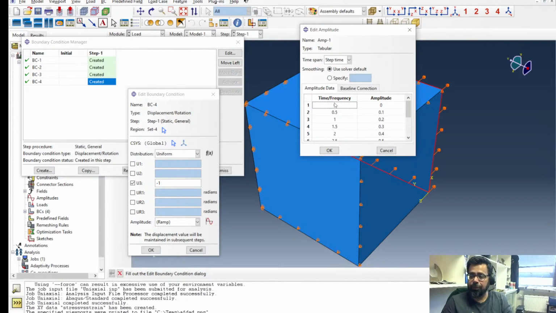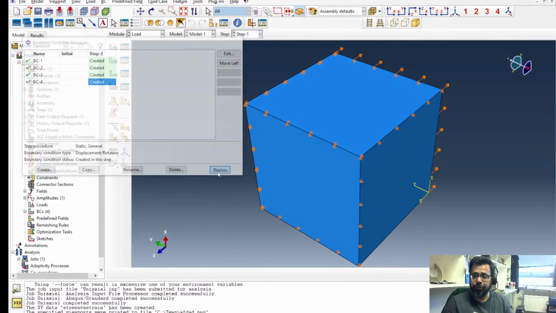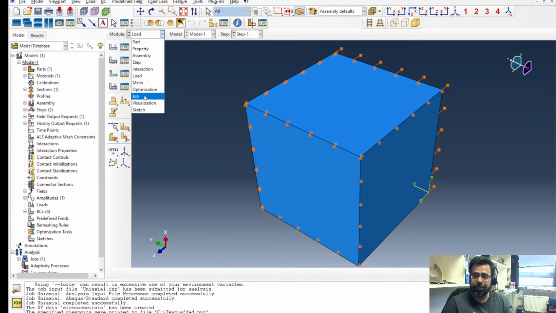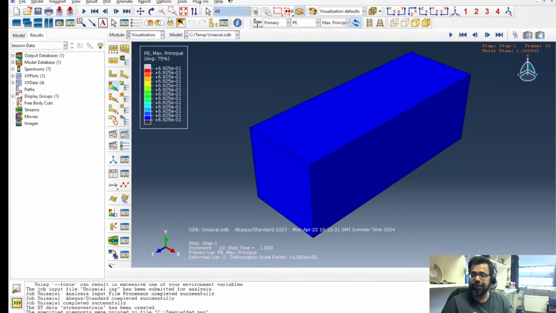So now my amplitude will be the same for displacements as it was in the actual test. And then I can select that amplitude here. So now my loading conditions will be the actual real situation. Once I have done that, and I have ensured that my loading and boundary conditions are very much the same as the experiments, then I will repeat the same simulation, go to the results, and then plot the results as I did before